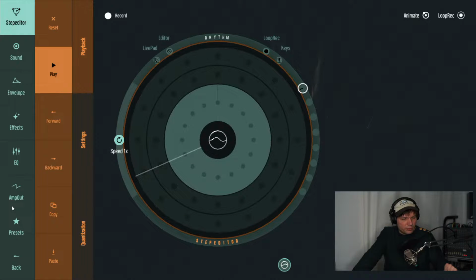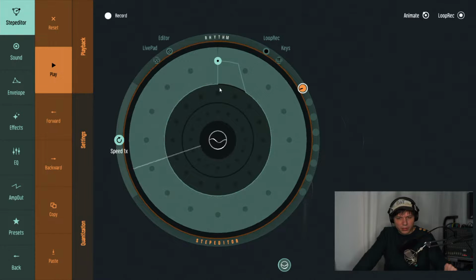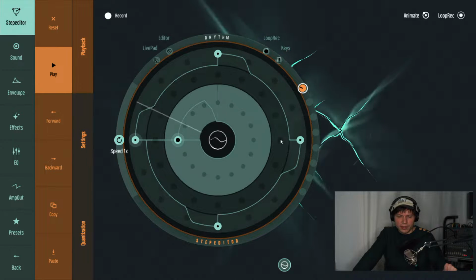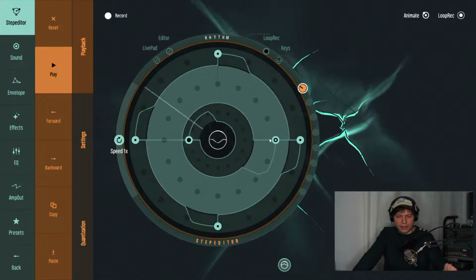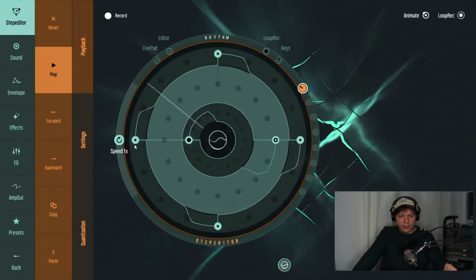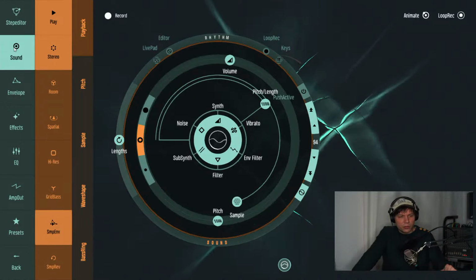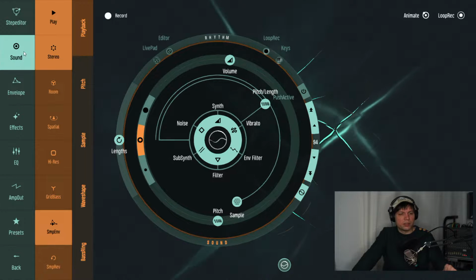instrument, the rhythm. So here you have a step sequencer in 3 circles. The inner circle is the bass drum. The middle circle is the snare. The outer circle is the hi-hat. And if you would like to change the sound of the